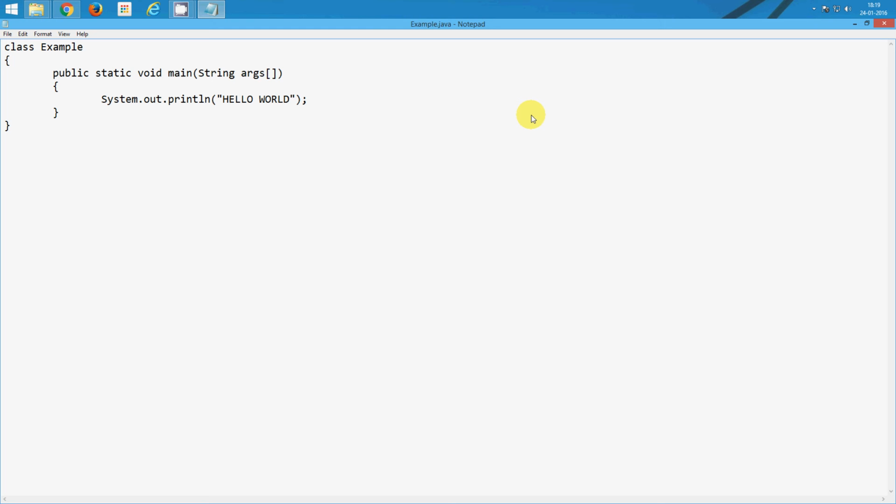As you are seeing on the screen, there's a program written in the Java language. Any program in any language has a starting point of execution. In Java also we have the starting point of execution, which is called the main method. The main method has a syntax, and we need to follow that syntax: public static void main. Inside the parameters, you need to set String args. For now, you just follow whatever is written, and to remind you that Java is